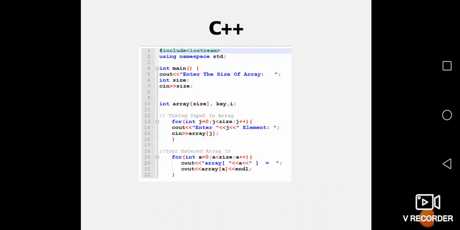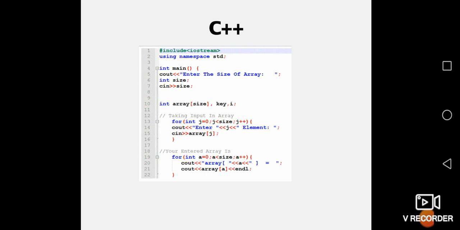You can see over here, int means integer, main means the component, cout means the element that is displayed outside. Enter the size of array. Int means the size, you can enter any size that you like. So the size may vary, but you can give the data. You can just see this example so you'll understand it in a better way.